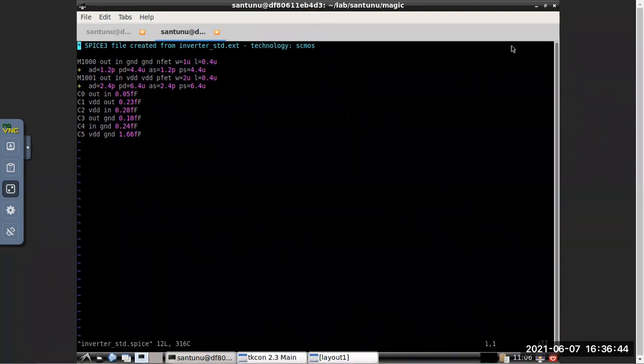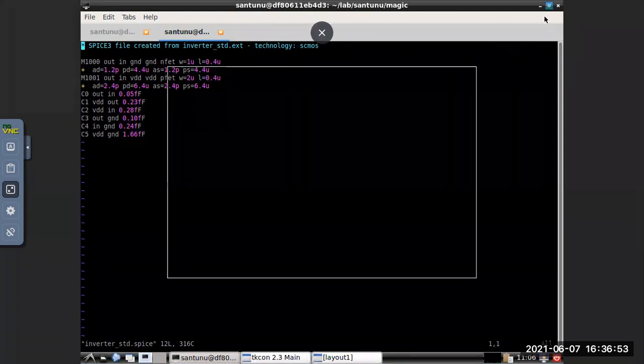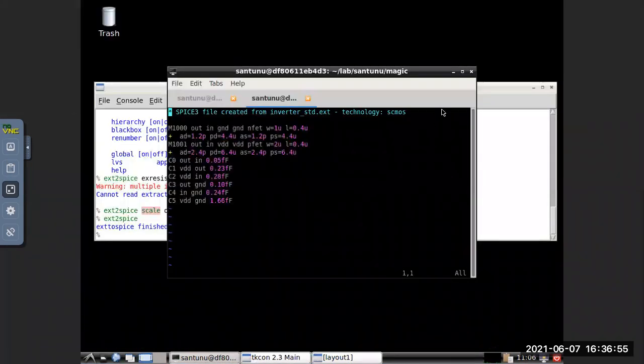Now for LVS. Generally for LVS, either you create a schematic in Xschem and create that netlist and compare, or you can write a netlist.